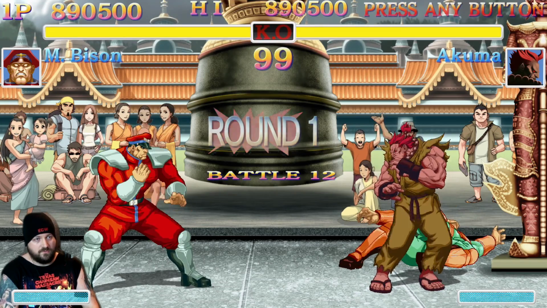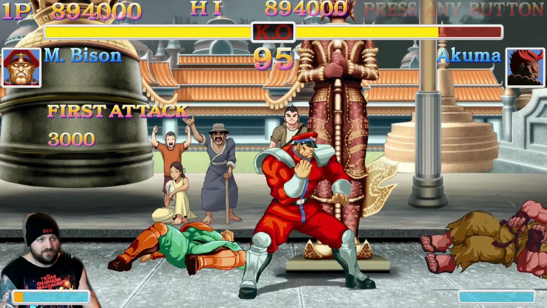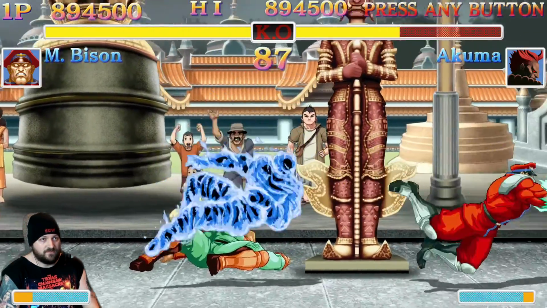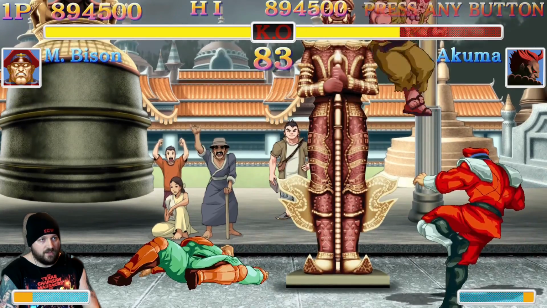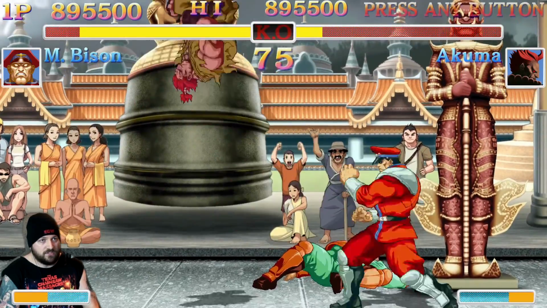Oh, we got a run-in. Akuma's here, and he doesn't look happy, folks. Looks like he's itching for a fight, so let's do it. Can the master of the fist outduel the master of the Psycho Crusher? And while you process that corny line,